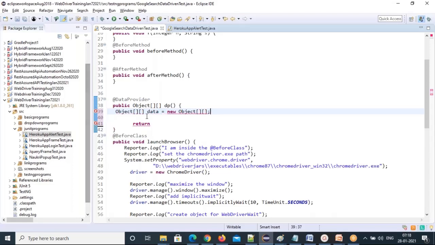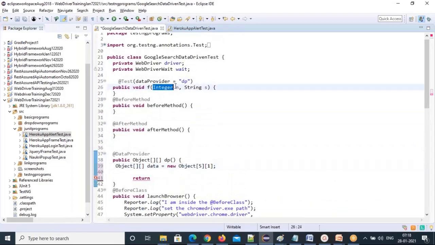So how many keywords do you want to give? I want to give 5 keywords and only one parameter, only the search keyword, a String searchKeyword, or you can write just anything, that's fine.